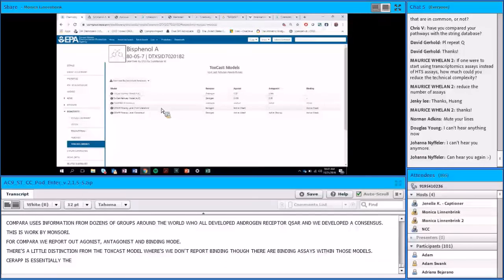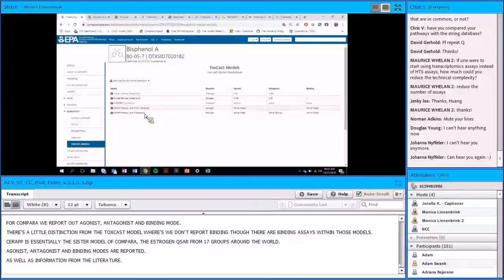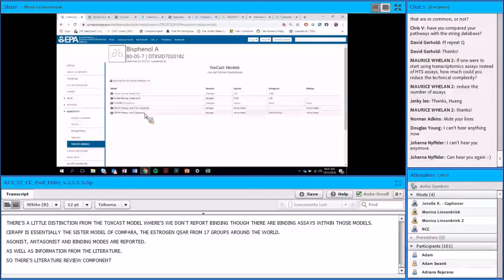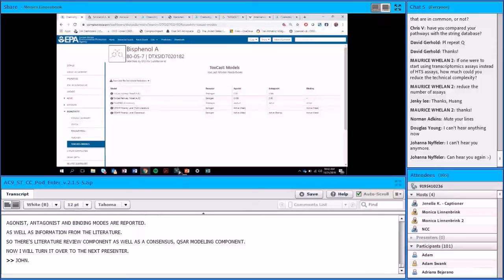CERAPP is essentially the sister model of CoMPARA. It's the estrogen QSAR model that's consensus from 17 groups from around the world. And again, agonist, antagonist, and binding modes are reported, as well as information from the literature. So there's a literature review component as well as a consensus QSAR modeling component for CERAPP. And in the future, we hope to add more of the models that we've been publishing for steroidogenesis, for example, to this table. Now I'm going to turn it over to the next presenter,